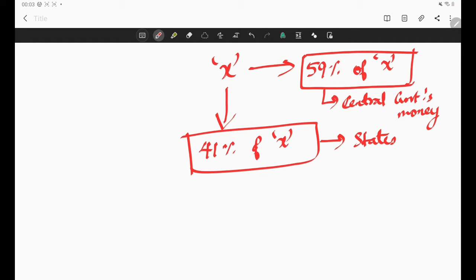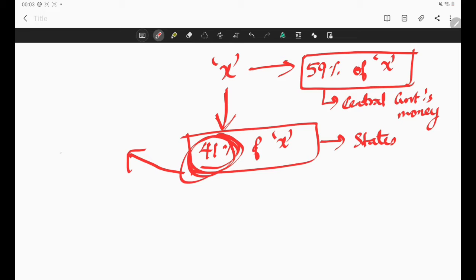If central government is collecting X rupees as taxes, in that X rupees, central government cannot spend X rupees all by itself. It has to give some amount of money to states, and then whatever is remaining, only that central government can spend. So who decides how much percentage should be shared with states? This is determined by Finance Commission recommendations. There is a separate commission called Finance Commission which looks into everything and recommends to central government how much should be shared with states out of all the taxes that central government is collecting.